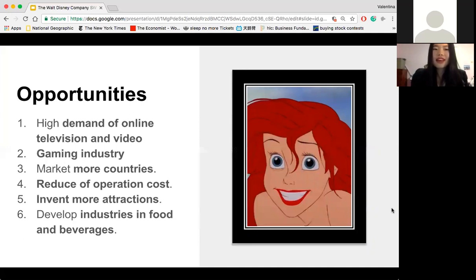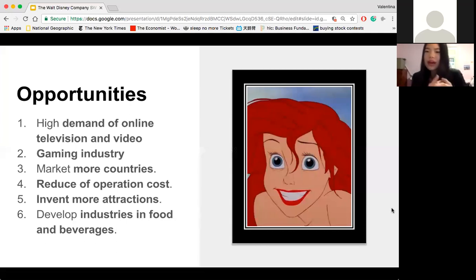known among kids. And another huge opportunity is that, as I have mentioned before, Disney is trying to balance out this regional balance to create their revenue. Disney right now has Disneyland in three continents: Europe, North America, and Asia. And the next target, I think, that could be very well organized and very successful is in the Middle East. More specifically, I think the country should be Dubai, for several reasons.